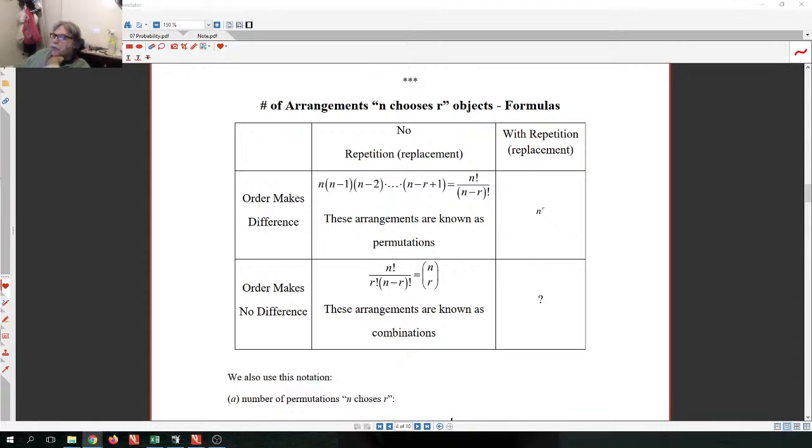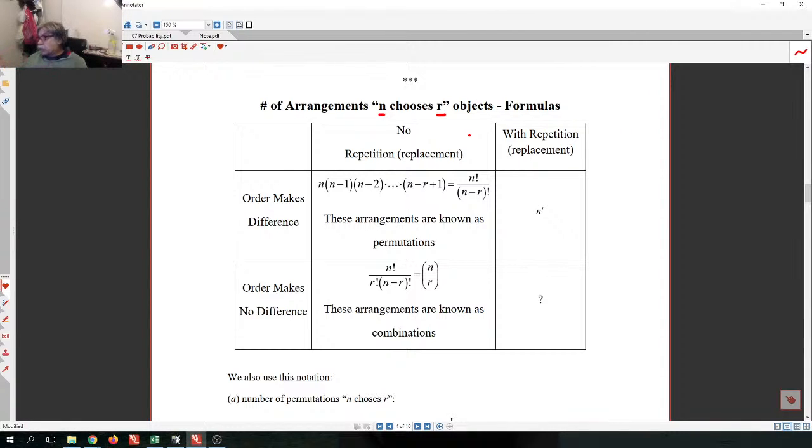So let's talk about some of the problems that we have in this lecture with finite combinatorics. I have to remind you a couple of things so we keep an eye on those things. First is that we have a table for number of arrangements when n chooses r, when the n is the number of objects you have to choose from, and the r is the number of objects you can choose. So there are two important things to make the difference of, which is first is whether